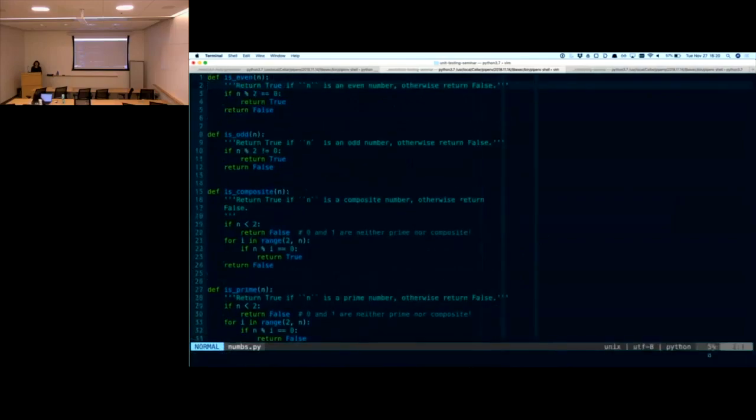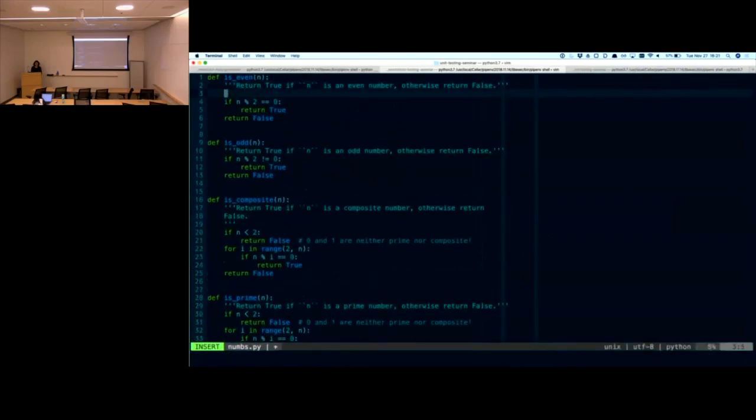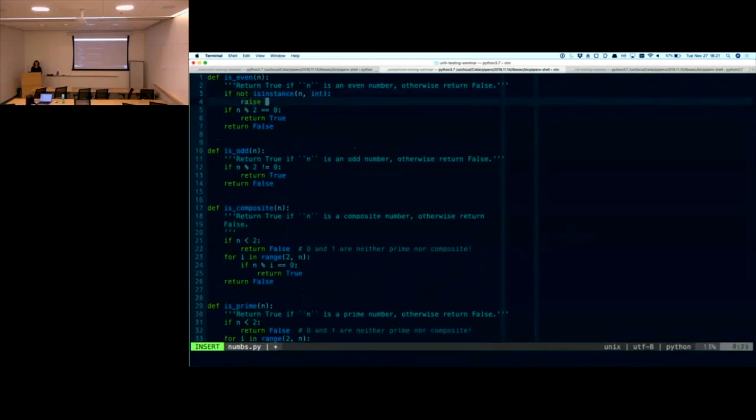So one way you might do this: these functions expect to receive an integer. So one thing I could do is add this to the very beginning of my